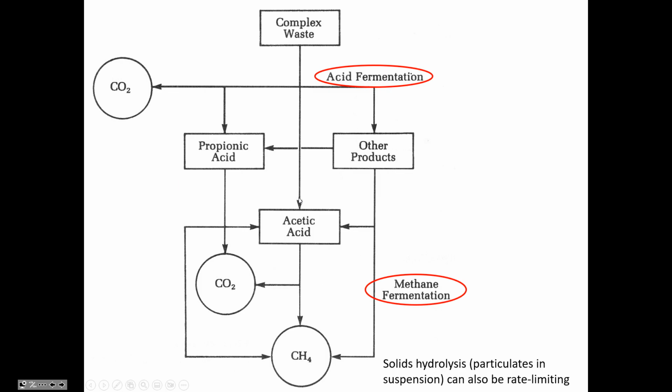This is a figure from the book that illustrates the intermediate steps of propionic acid and acetic acid, but basically the ultimate aim for the waste that's coming in, which may be a blend of carbohydrates, fats, and proteins, is that what's generated is methane gas and CO2. Those aren't the only two end products. There's also some final residual that can't be broken down all the way, so there are always going to be some solid particles that have to be disposed of either by land application or